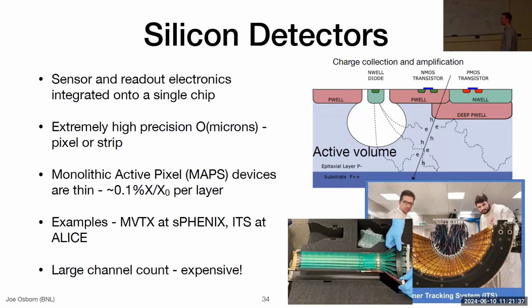Silicon detectors can provide extremely high precision. So we're talking order of microns or tens of microns hit resolution, which is quite phenomenal. And there are generally two types. There are pixel silicon detectors, which provide you information in 2 dimensions, or there are strip silicon detectors, which provide you information in